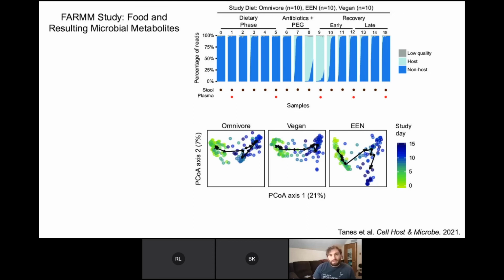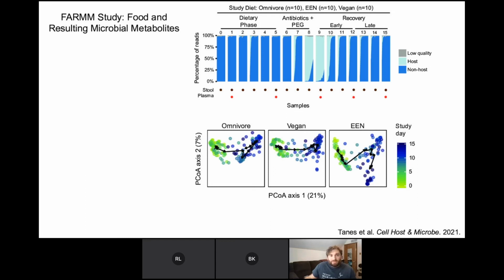The vegans, I'll note, were outpatients because based on our previous studies, we've found that vegans have very tractable diets, and we don't need to rigorously control them as much as we do for omnivores. There were 4 phases of this study. In the first phase, the dietary phase, essentially the omnivores, we observed the effect of the omnivores and the exclusive